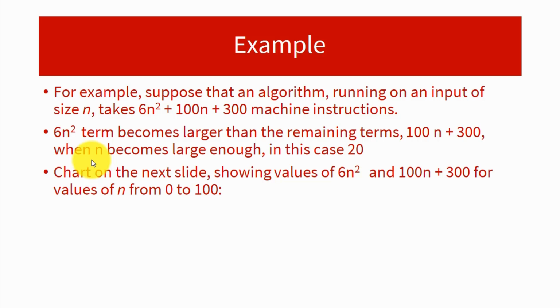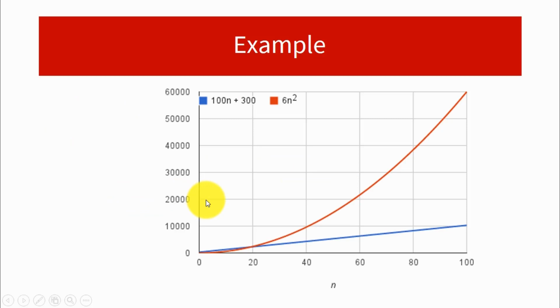So think of it as the size of the array in order to make it simple. As you increase the size of the array, searching is going to take longer, right? And if the size of the array becomes very, very large, then you will notice that the term 6n squared dominates the other two terms, 100n and 300, and actually this is the term which is contributing more to the growth of the overall function. So the chart on the next slide shows values of 6n squared and 100n plus 300 for values of n from 0 to 100. So let's talk about this slide, and what the x-axis represents: the size of the input, right? The x-axis is the size of the